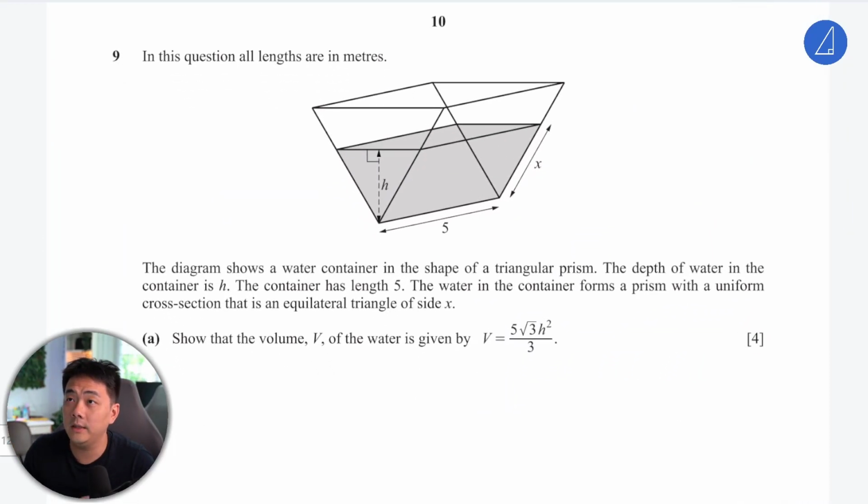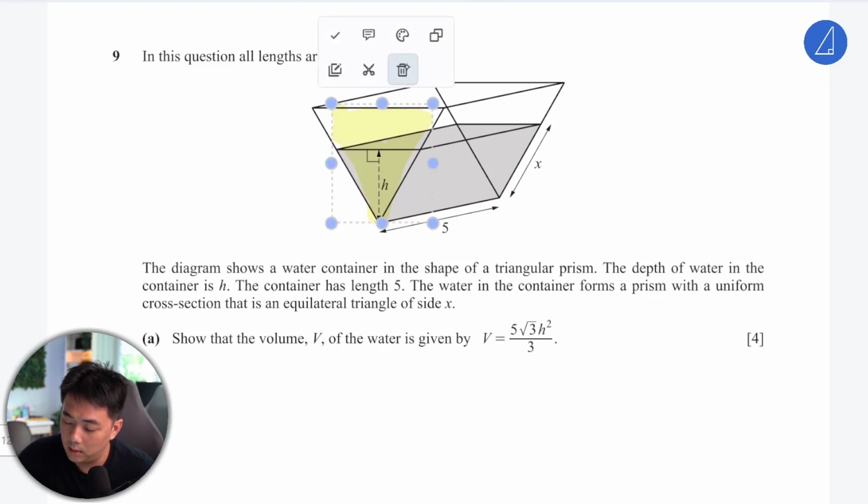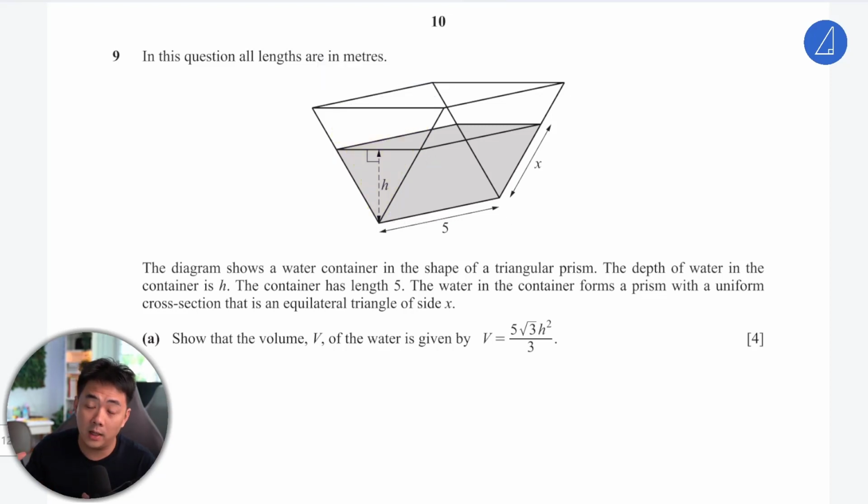Let's look at question 9. In the question, all lengths are in meters. The diagram shows a water container in the shape of a triangular prism. So this is a triangle here, the base, and after which you just have a constant cross-sectional area, and essentially just elongate it. The container has length of 5 meters. The depth of the water in the container is h. The water in the container forms a prism with a uniform cross section that is an equilateral triangle of